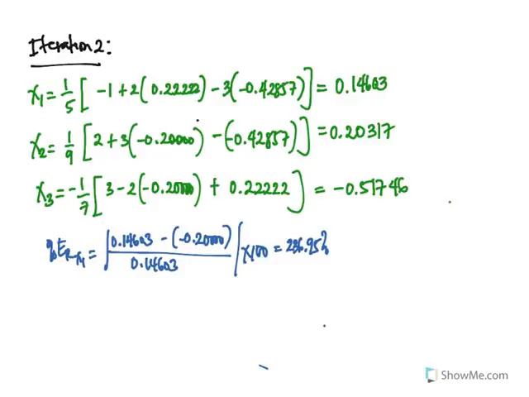So, huwag kayong ma-alarm kung ganyan kalaki siya sa simula. Talagang at the start, normal na merong mga ganyan na values na malaki yung relative error sa simula. Pero remember, dahil na-satisfy natin yung rule sum criterion, then sure tayo na later on magko-converge ito. Okay? So, sa simula lang siya malaki na ganyan. Next, for x2, ang relative error natin ay